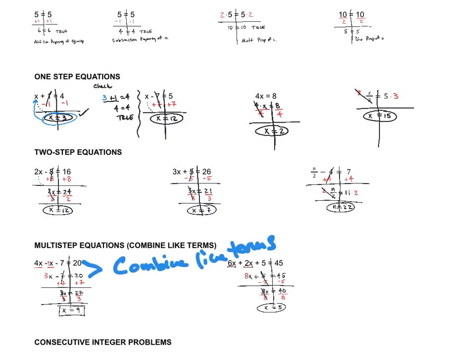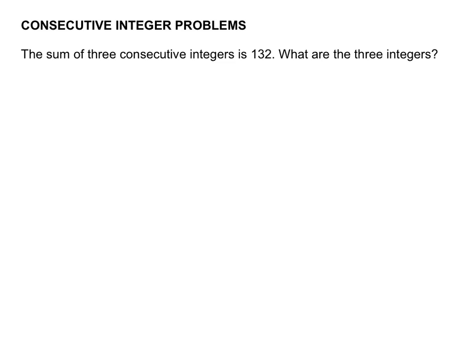Here to here, I did the addition property of equality. And then here to here, here to here, I did the division property of equality. So that's the important thing, is that I want you to be able to explain what you're doing from one step to the next. Okay, on this last problem on this page, we have what's called the consecutive integer problems,